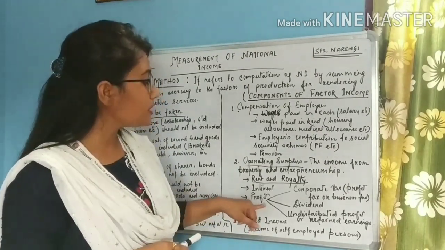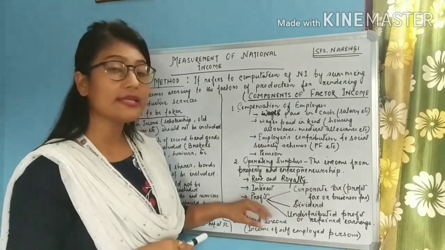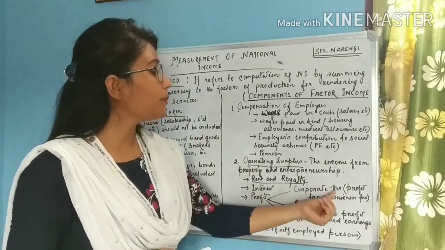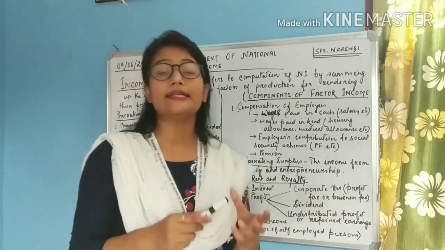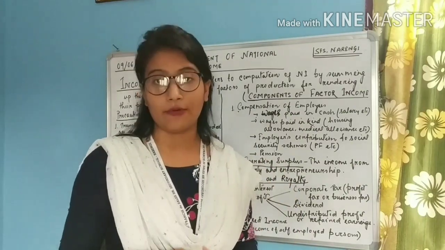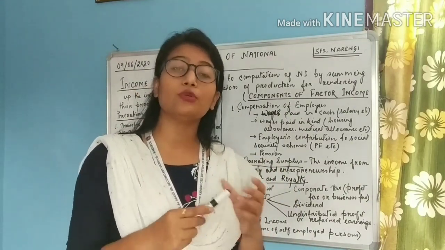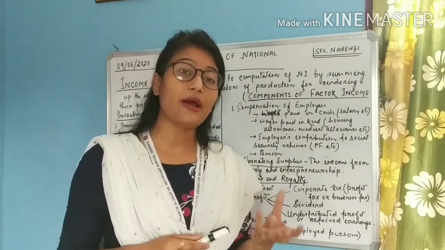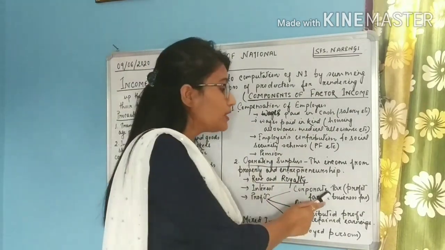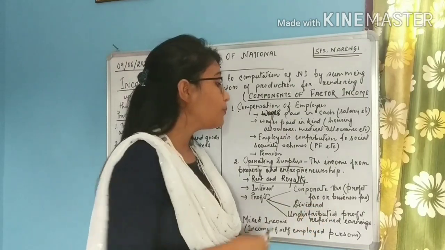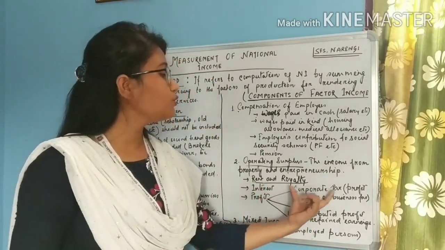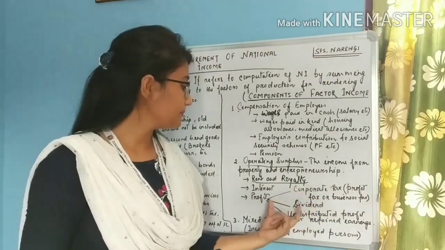So students, there are 3 types of profits, or we can say the profit is used for 3 purposes, okay? First, corporate tax. A certain sum of money from the profit is used to pay taxes to the government, okay? This tax is given to the government as a part of the profit earned by the corporation or by the company. That is known as corporate tax or profit tax or business tax, right? So a sum of the profit is used to pay taxes to the government.